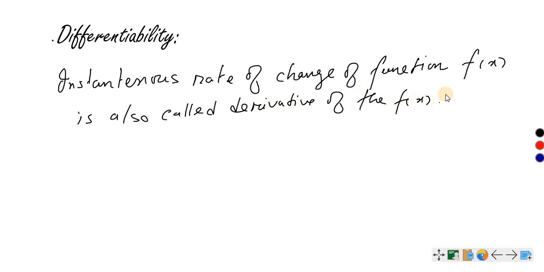So this we must know. It means that the derivative of a function, suppose this is the function f of x, its derivative I am just denoting by f prime,